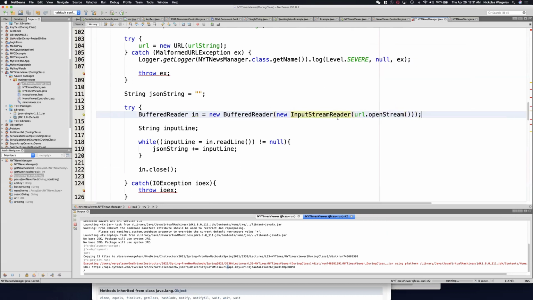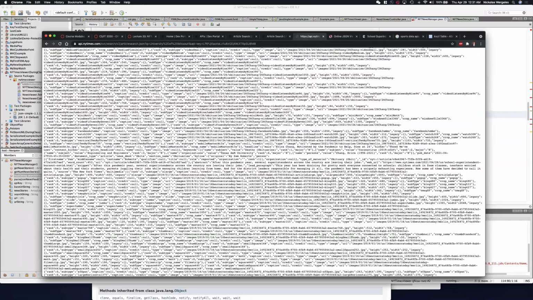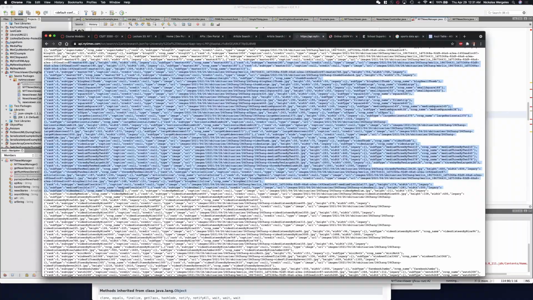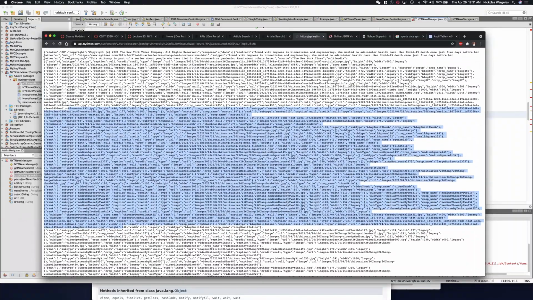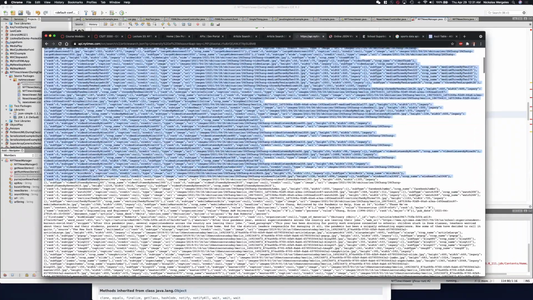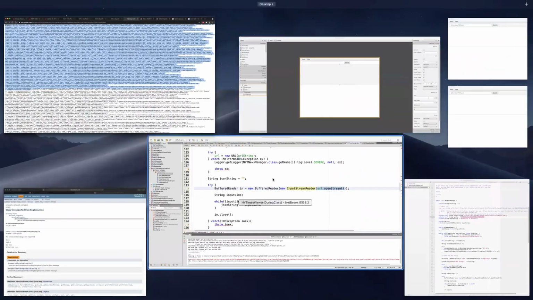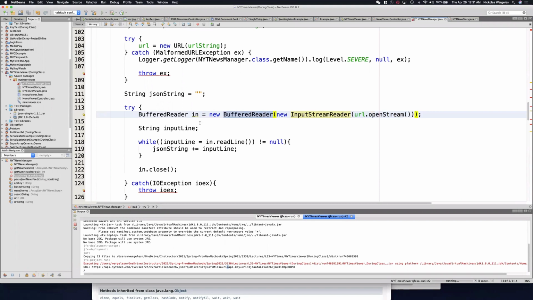Now, what this is going to do when I do open stream is it's actually going to go to, like, what we did in the browser. It's going to pull all this JSON data. So you can imagine this is what I'm going to get back when I do URL open stream. I'm going to get back all this JSON data, and I need to loop through line by line. So I have a buffered reader and I have a line. I'm going to loop through line by line the size of the buffered reader, and I'm going to add it